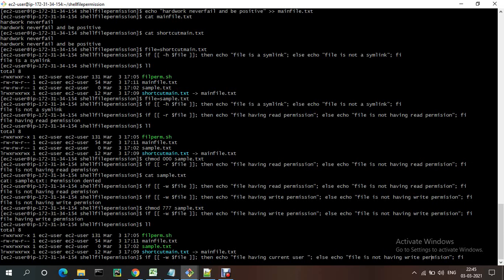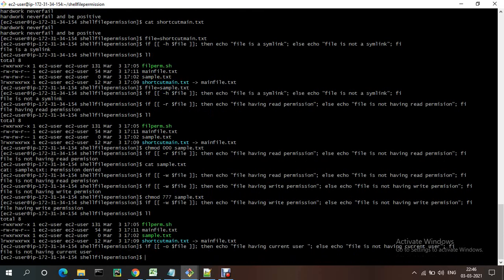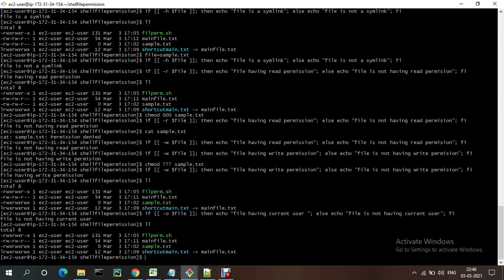File is not having current user. Okay, now instead of w I'm keeping o. See, file is sample file. The file is having the current user, file is not having.